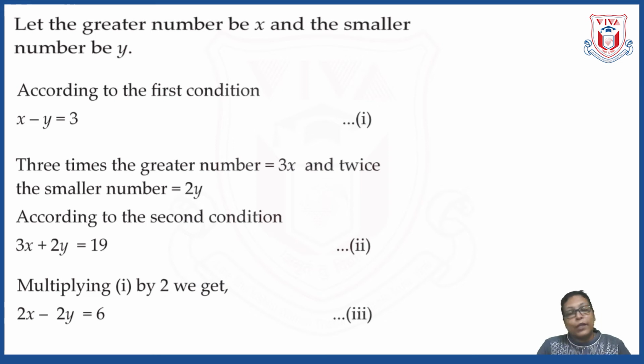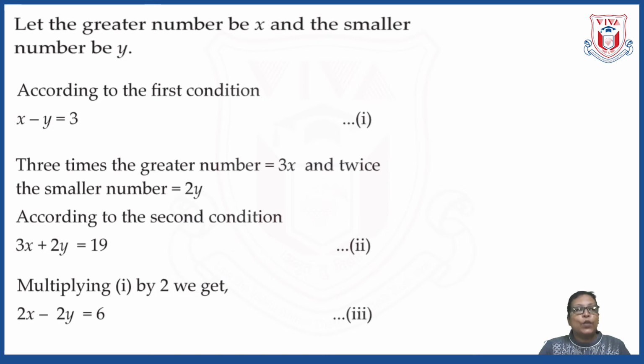Okay. So by using both the conditions, we have framed two equations. Now, as I have said, you have to solve them simultaneously. We are always making use of the elimination method. So observe the coefficients here. You can equate any one coefficient. Either you can equate that of x or you can equate that of y. Here I am equating the coefficient of y because you will observe that the signs are opposite and adding is going to give me the answer. So I am equating the coefficient of y.